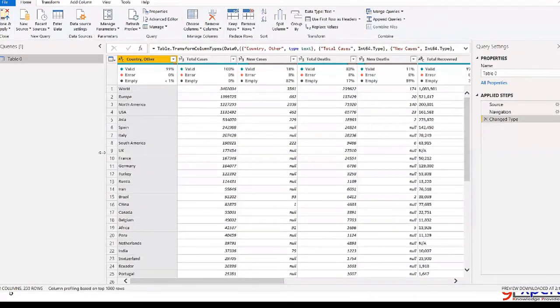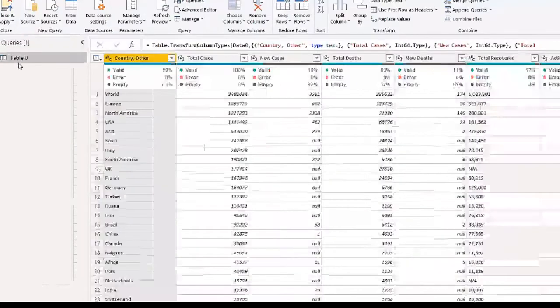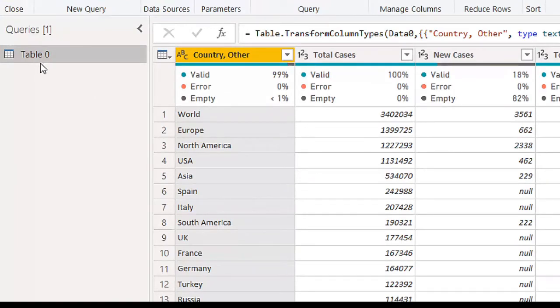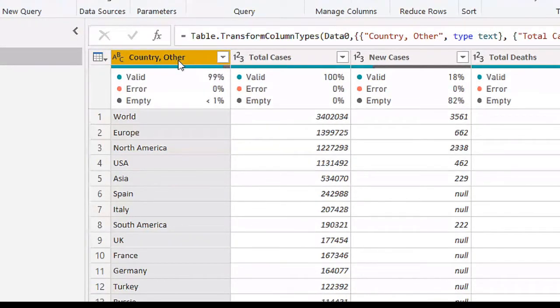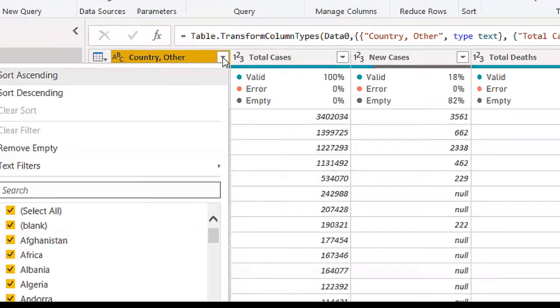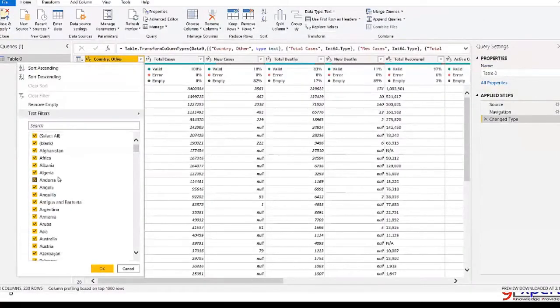Okay, I get this one table. First of all, I will filter out some records that are not needed. I will filter the data on the column of country, others. Here, I drop down and check some entries. These are not countries, they are maybe the continents. I will filter out, like